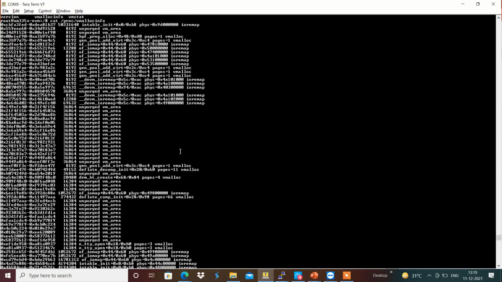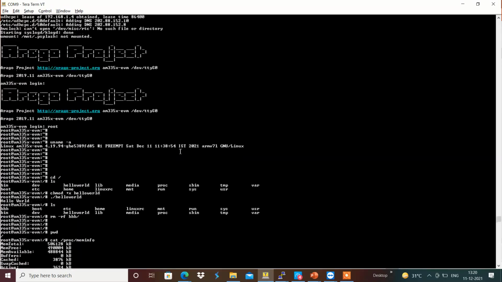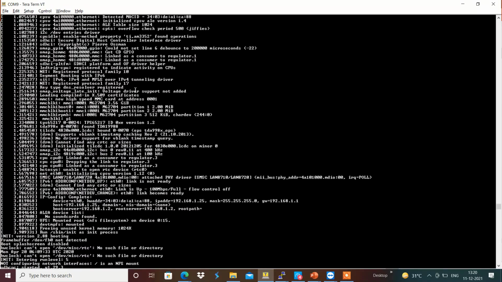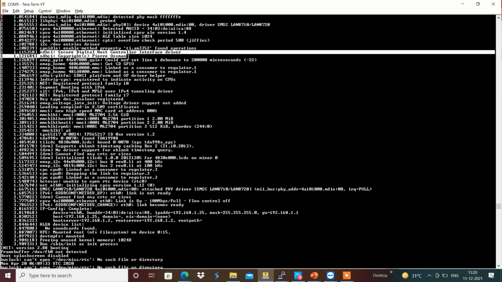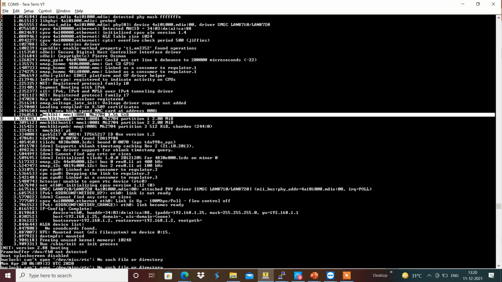within the kernel. For example, here we can see some of the drivers, like the OMAP GPIO driver and the SDHC driver, the secure digital driver for the SD card, and MMC. These drivers are already included inside the kernel itself.